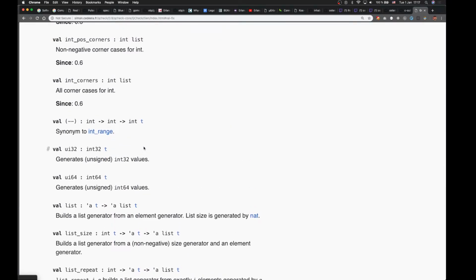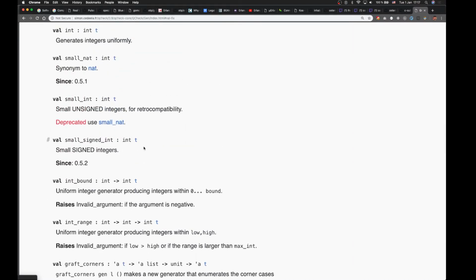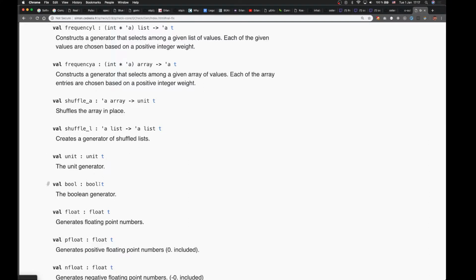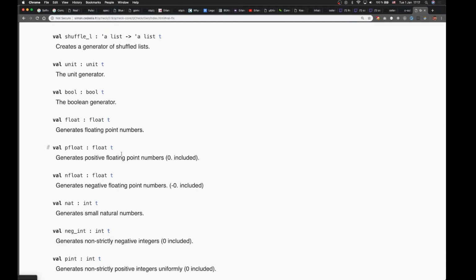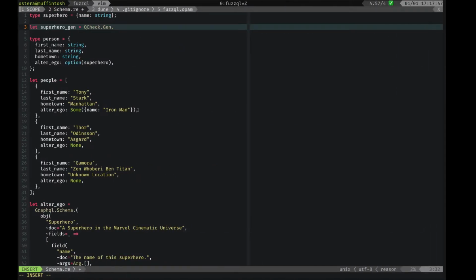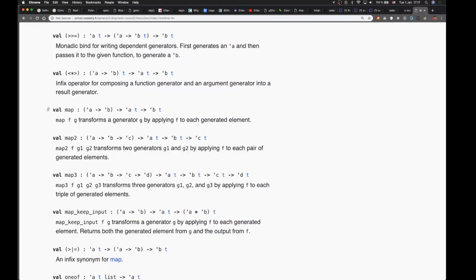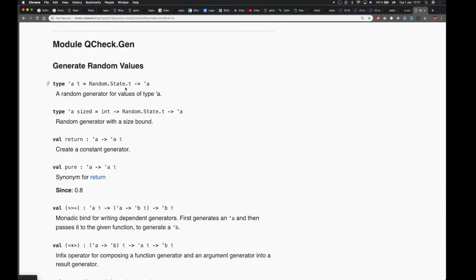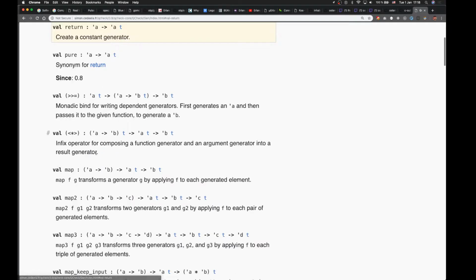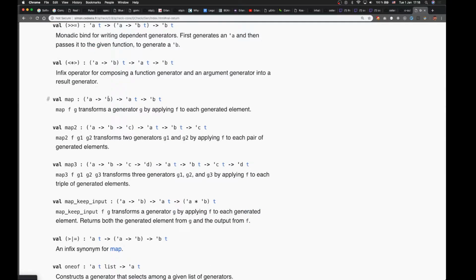Okay, so I am thinking that maybe what we want to do is have a generator that will use other generators such as string to come up with the values and then put those inside of the record that we want. So we want to come up with something that will have the type gen t, and then super here, right? So what values do fulfill this? There should be a value here. Return, for example, creates a constant generator. No, we don't want that. We want the generator that we can